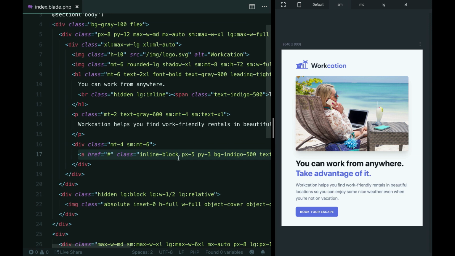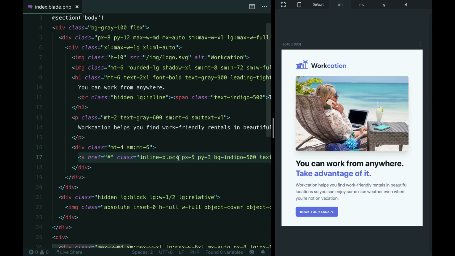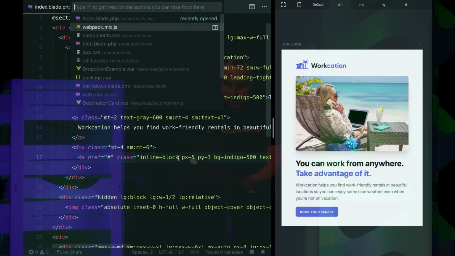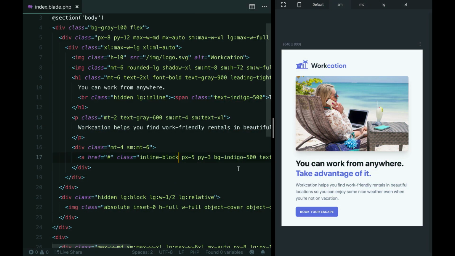There's a real good chance I'm going to want to use this button multiple times on my site, and copying and pasting all these classes all the time seems like maintenance hell. I don't want that. If I decide to change the border radius on a button, I don't want to have to change it in a million places in HTML files. So Tailwind has a cool feature for solving this problem that lets you extract out common repeated utility patterns. If we head over to our app.css file,